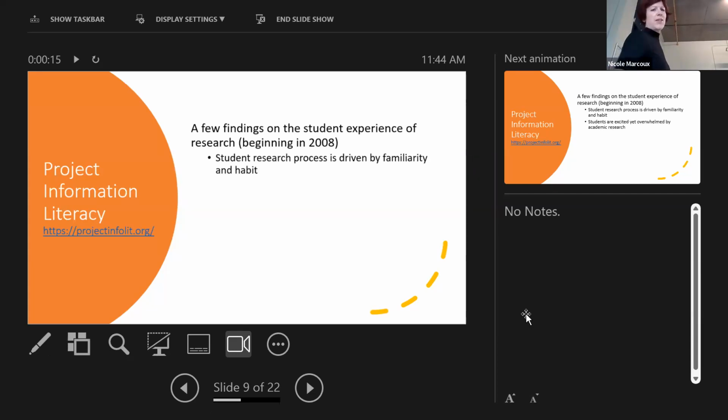A few things that they found over these studies, and there are several of them, is that student research is driven by familiarity and habit. Most students are using their tried and true sources. They're using Wikipedia, they're using Google, and they're consulting with friends. They like to do that as well. They found that students are excited about academic research, but overwhelmed by it. The process of sorting the wheat from the chaff, the prospect of having to use academic databases, the prospect of having to use an academic library, is overwhelming for them, and they did notice a gap between their high school preparation and the demands